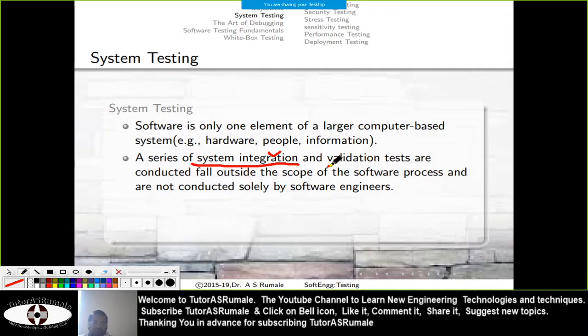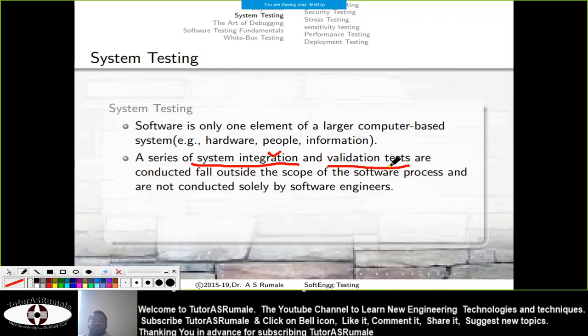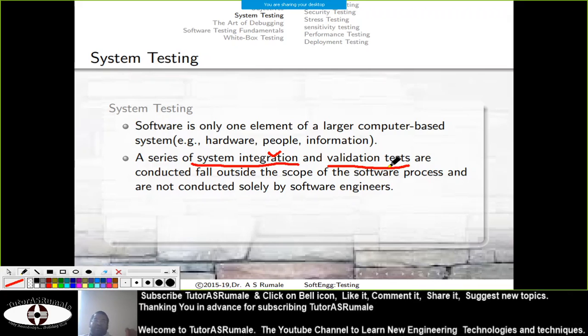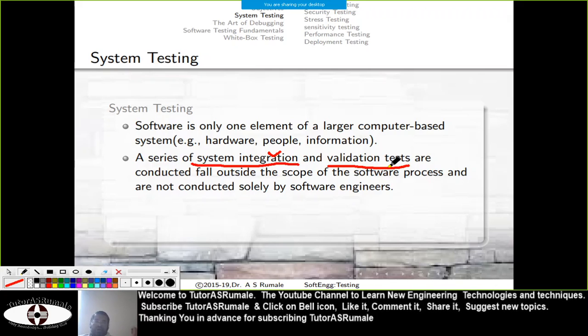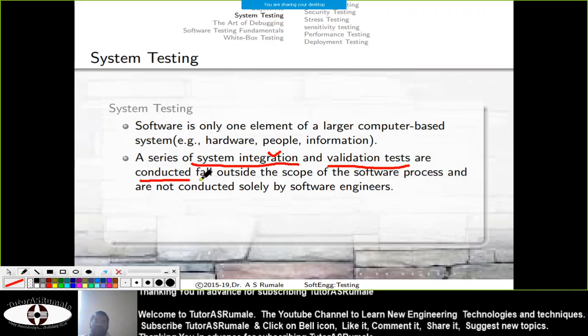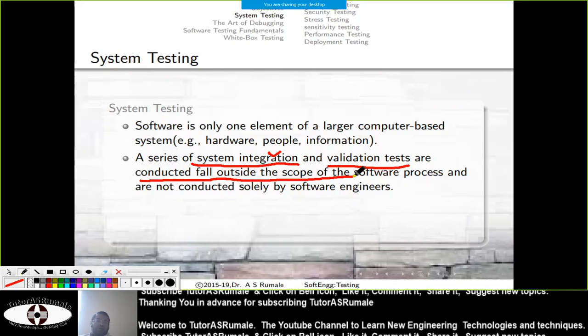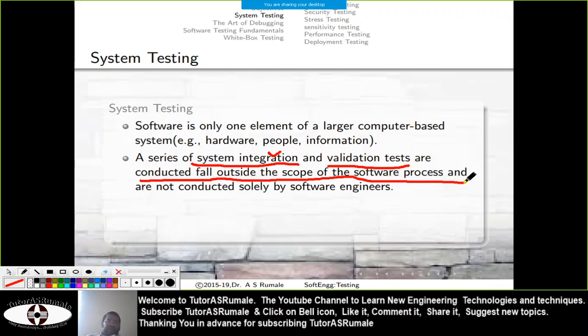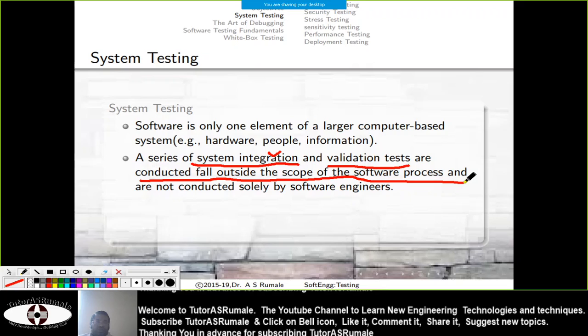Validation tests, now you know, validation testing means your software has to be accepted by the customer or the user, and validation tests actually fall outside the scope of software processes, because customers don't need any logic to say that your software is useless.